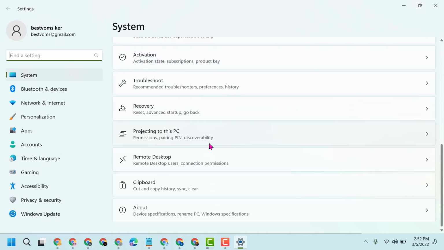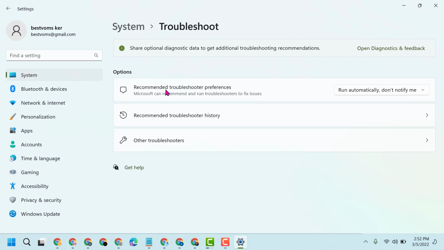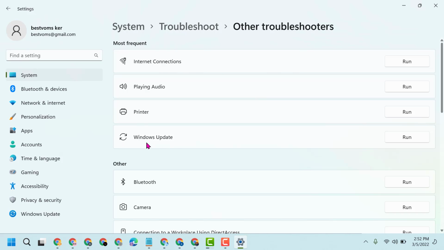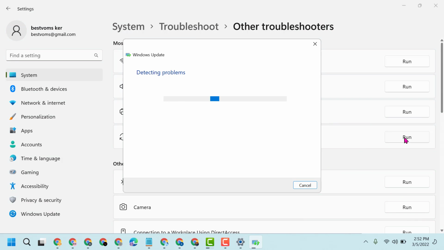Now scroll down and click on Troubleshoot. Now click on Other Troubleshooters. Now here you will see Windows Update, click on Run. Now follow the screen instruction which you see